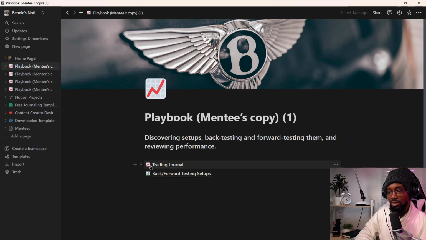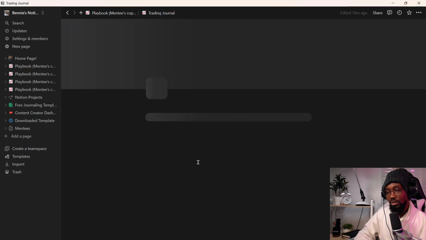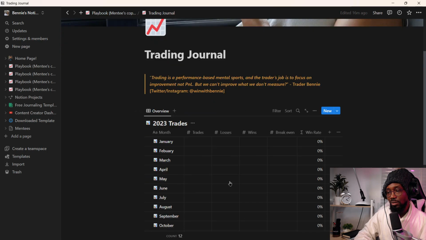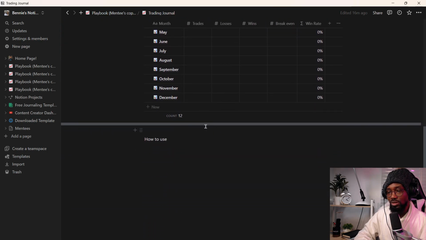So what I did here is, see, I have to tell you, this is my mentee's copy, right? I'm trying to make it available for you, but I know it will not fit your need exactly. So you would still need to modify some things, but this should get you started. All right. So this is the actual journal, right? So what you can see here is